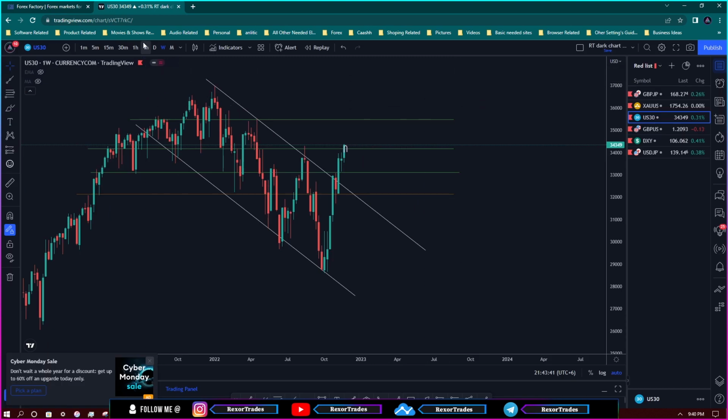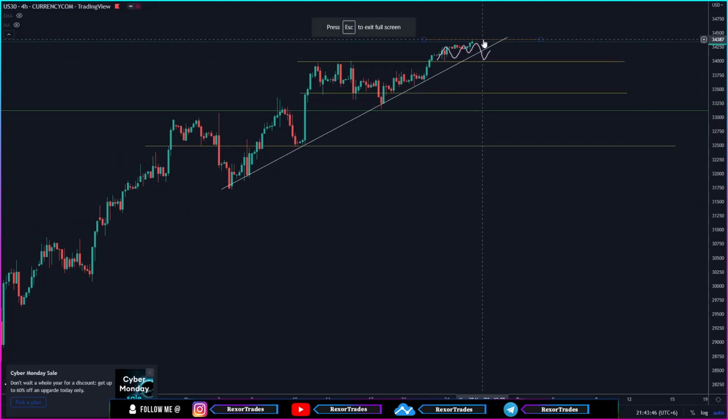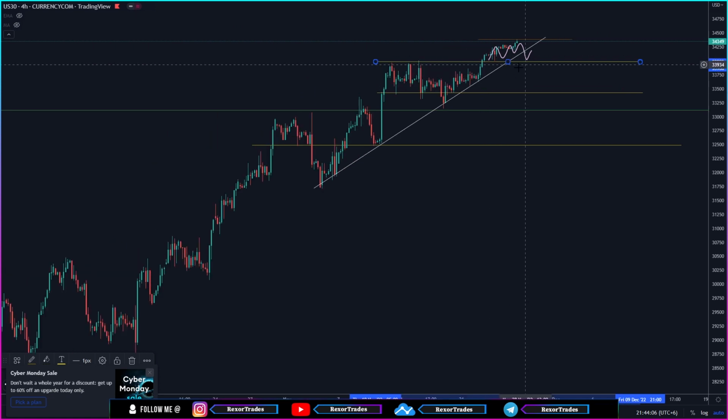Now however, if we see US30 after that build up or ranging phase without making a break and close above this key zone with further bullish momentum and continuing to create a higher high over here by respecting this uptrend line and respecting this key zone as its support, if you see US30 after that ranging phase respecting some sort of a resistance over here and making a break and close below this support zone with further bearish momentum, then we can expect US30 to be making a breakout of this uptrend line,